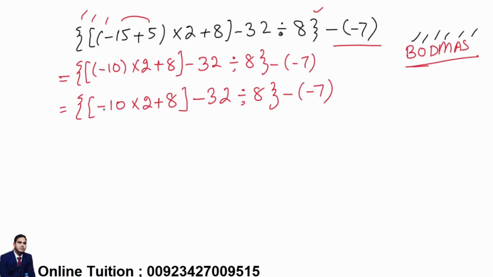Now here this is addition, this is multiplication, this is subtraction. So follow the rule. What is the rule? Division, multiplication, addition and subtraction. First of all, division; division is not available, then multiplication. Multiply two numbers. First of all, you have to see that in this bracket,